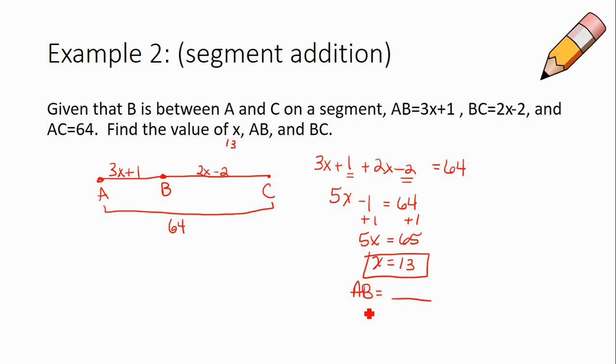AB, BC. To find from A to B, do the same thing. Plug it in. 3 times 13, 39, plus one more, 40. And then B to C would be whatever's left out of 64, or you could take that 13 and plug it in. 2 times 13, 26, minus 2 more, 24. Check. Do they both add up to make 64? Of course. Okay. So that's how we use our algebra and our postulates here to find missing measurements on geometric